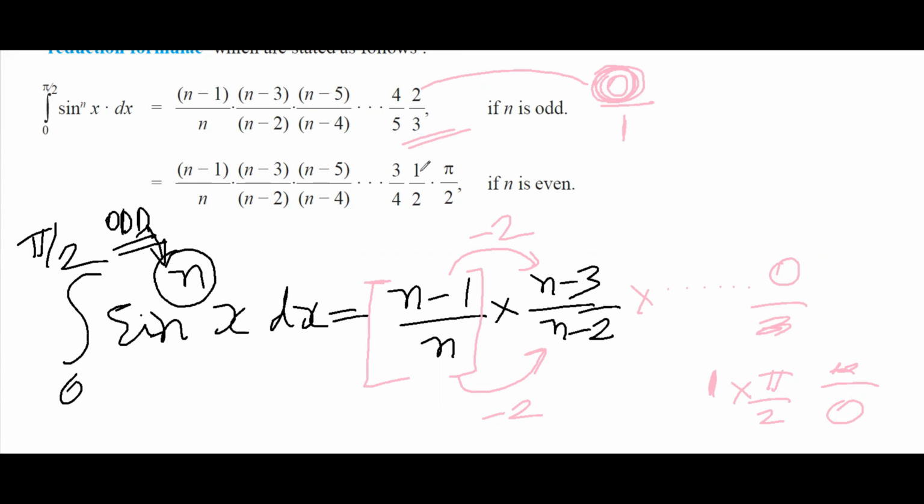Now here after 3 minus 1, 3 minus 2, you are getting 1, and 4 minus 2, you are getting 2. Now in the numerator 1 minus 2, you are getting minus 1. In the denominator 2 minus 2, you are getting 0. So if in the denominator you are getting 0, after this 1 by 2, what will you write? You will write pi by 2. That's what I mean to say.